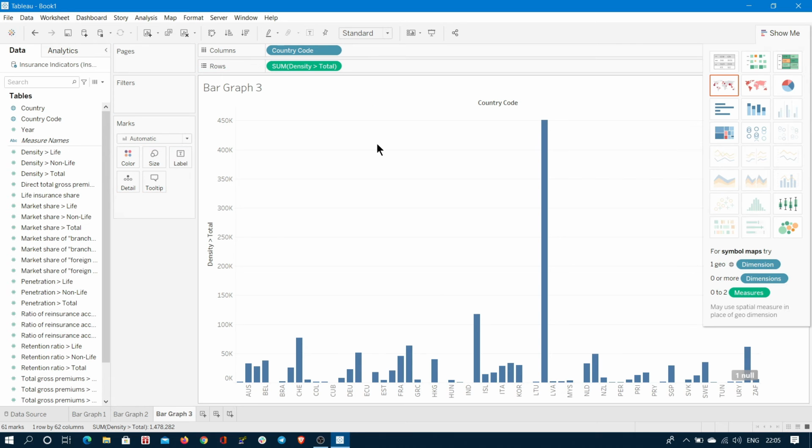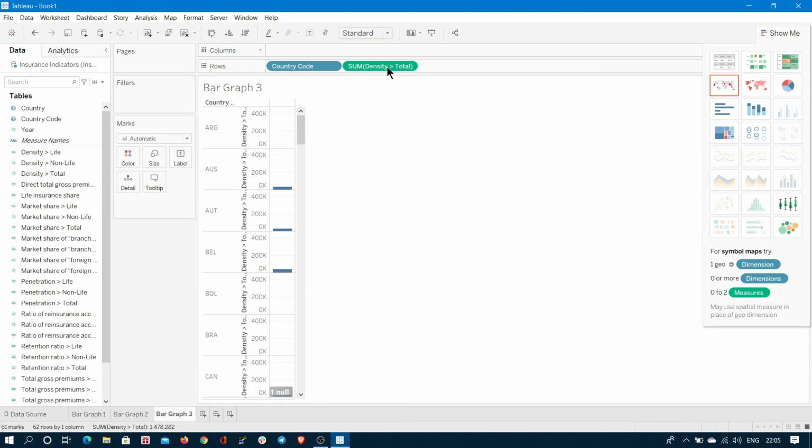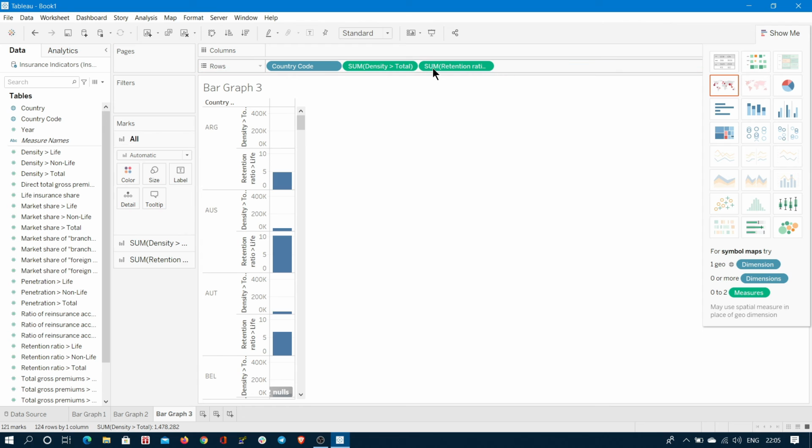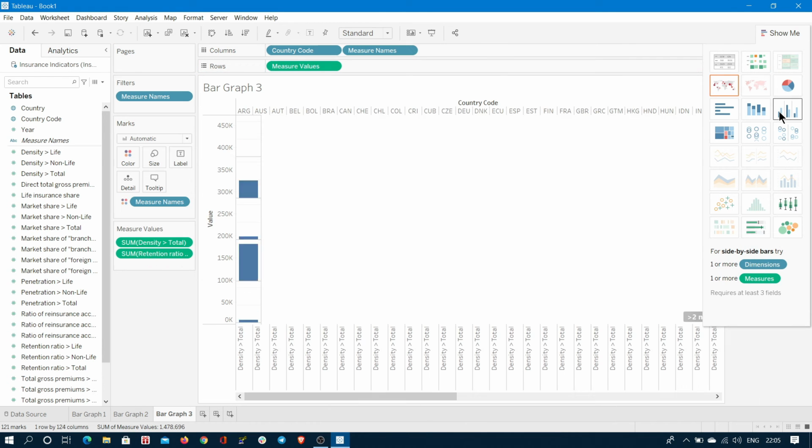Rows like this. But to highlight side by side bars, it's not enough, so I'm shifting the things here. I'm modifying the rows and columns representation. Still it's not enabled, so I will add a few more things, retention and versus ratio like this. Yes, now it's highlighted. Click on this one.